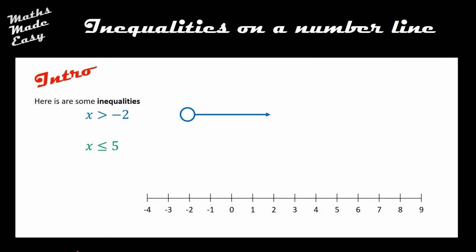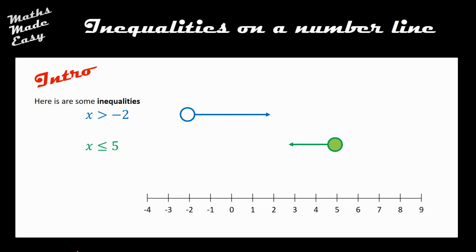And I've just put that arrow on to show that it's actually going to be any of those numbers in that direction. If I look at the second inequality, which I've coloured green, x is less than or equal to 5. Again, I'm going to put my circle in on the number line above 5, but the difference this time is that I've actually coloured it in. And what that signifies is that x can be 5. If you look in the previous one, I haven't coloured in the circle because x cannot be -2. Again, I'm going to stick my arrow in on this one, pointing in the direction of all the values